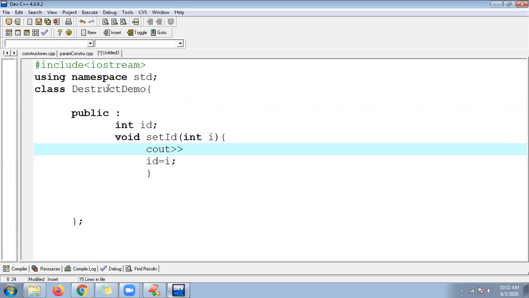Cout with the insertion operator, in set ID function, and a slash n.